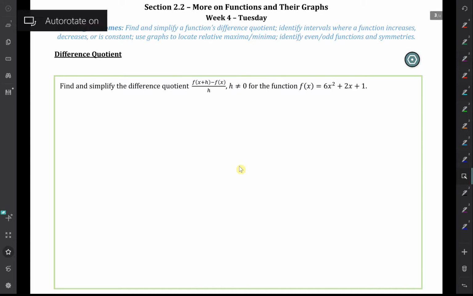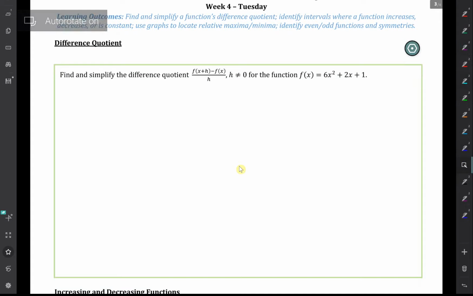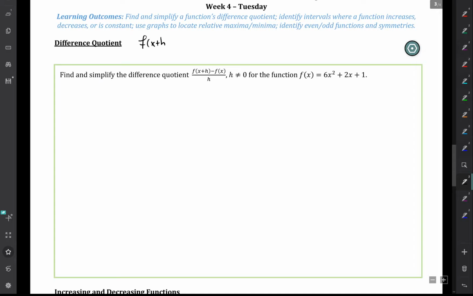Okay. Now in section 2.2, we're going to learn a little bit more about functions and their graphs, and we're kind of going to look at the slope of these different graphs of functions. And so the key to finding the slope of a graph is called the difference quotient of f of x. So for a function f of x, the difference quotient is f of x plus h minus f of x all over h. And this is going to be key to finding slope,